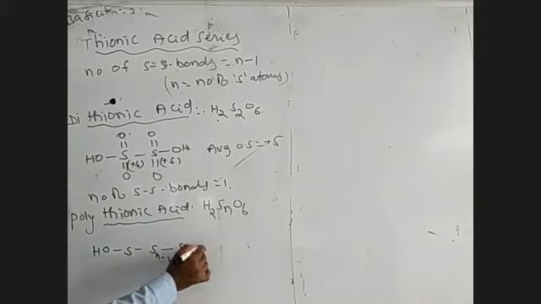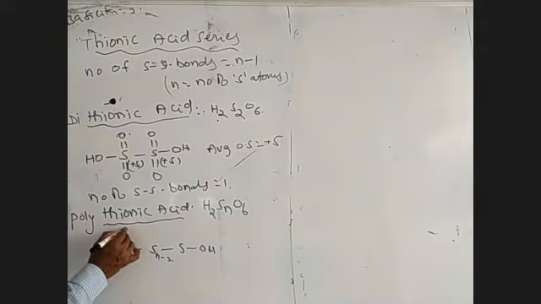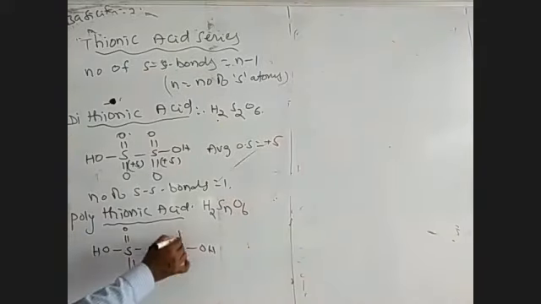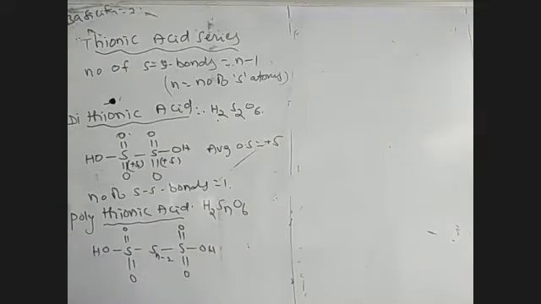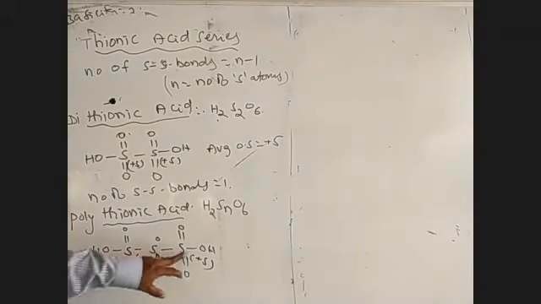So, containing 2 OH. The remaining are bonded with oxygen, double bond O and double bond O. In these, 3 types of sulfur atoms are there. This is the sulfur having oxidation state equal to plus 5. This sulfur is also plus 5. The oxidation state of this sulfur is taken as 0. One of the sulfur has plus 5 oxidation state. This sulfur is also plus 5, but the oxidation state of this sulfur is taken as 0. That means the sulfur is present in between 2 other sulfur atoms.